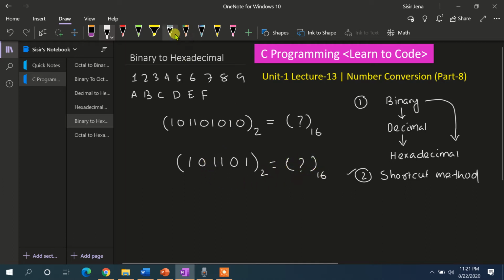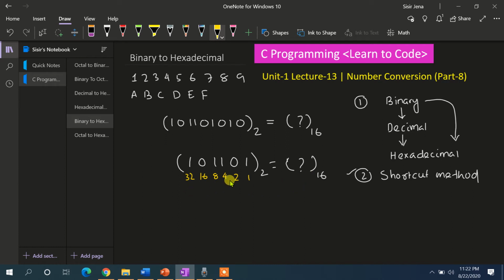What we are going to do is first convert this binary to decimal. How to convert binary to decimal? You will use your formula. The formula terms are 1, 2, 4, 8, 16, 32. You have to remember the formula, because each term is double the previous term: 1, 2, 4, 8, 16, 32, 64, 128, 256. So this is the formula. I have discussed this many times.